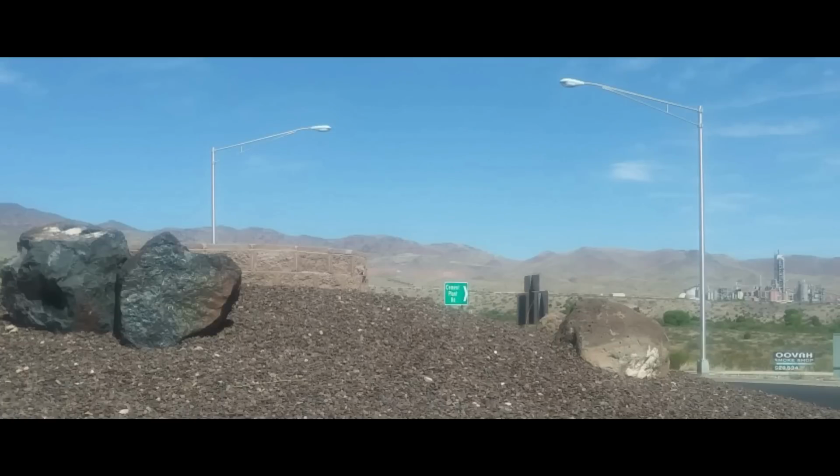This is a photo I took of a roundabout with ancient masonry blocks in the foreground, the road sign saying Cement Plant Road in the middle of the picture, and in the distance, in the right of the photo, the cement plant in Clarkdale, Arizona is visible. There's plenty of ancient masonry everywhere in this area, so they will never ever run out of raw material. The ancient advanced civilization was so massive that there is an inexhaustible supply of unrecognized masonry for the cement industry